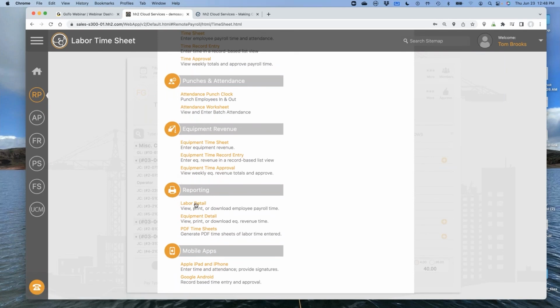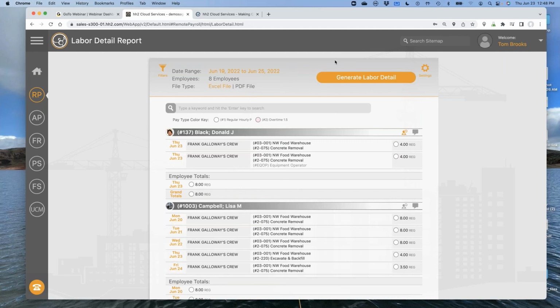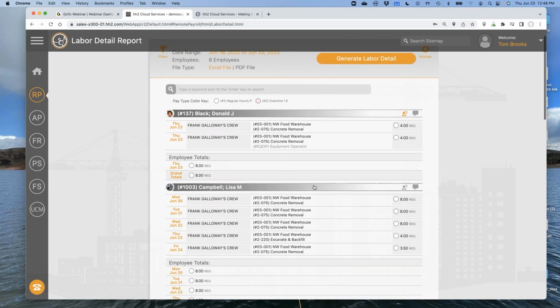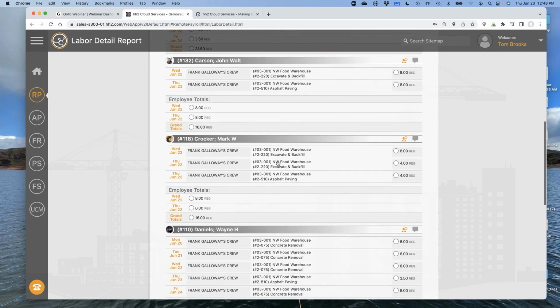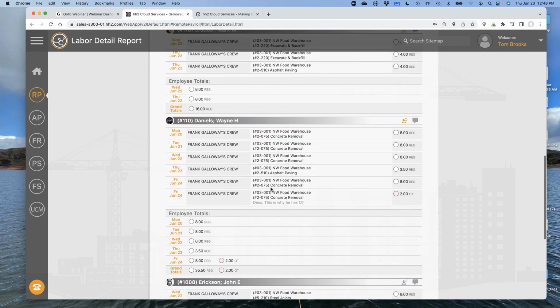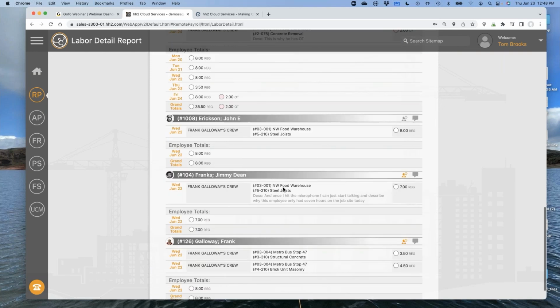One of my favorite screens for a project manager is what we call a labor detail report. And this is an awesome report for the project manager to see. Tom Brooks is over all of these jobs that I coded to today. I believe he may not be over that extra one, so we may not see that job on here. But Tom Brooks just scrolls down. He sees the employees that were on his job. I can see the cost codes. He can even see why someone had overtime. It's probably a little bit light, but this is why he has OT, etc.